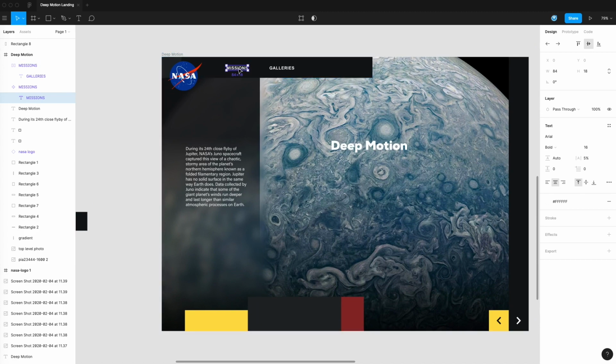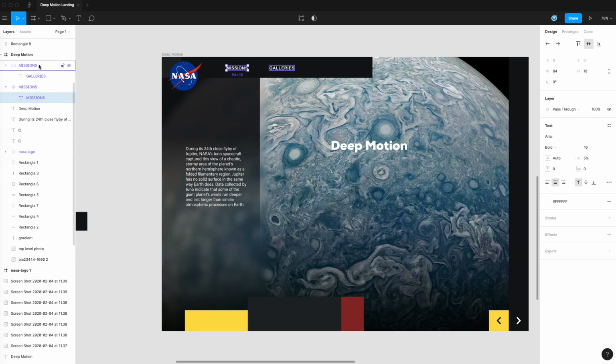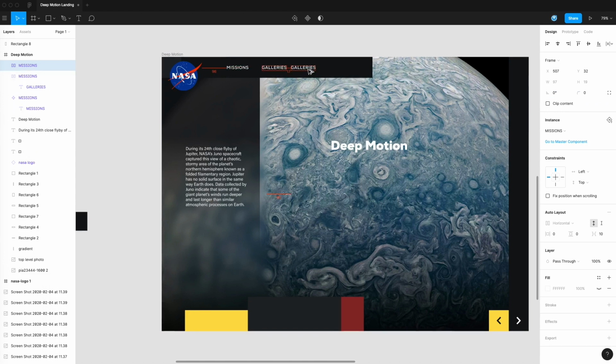So we don't want this to be Arial. So since this is the component and this is the iteration of it, then we'll go back here and go back to Nexa bold. All right, so now that's changed. Click Shift Option hold